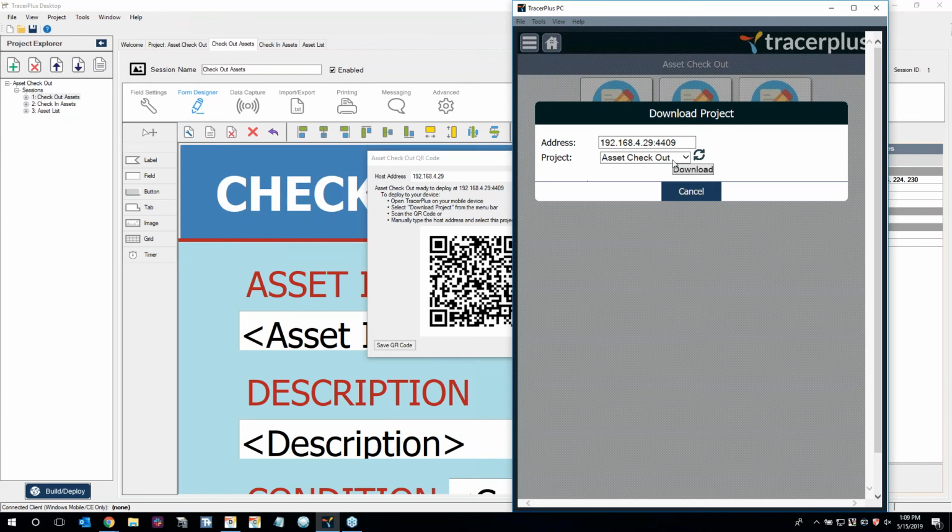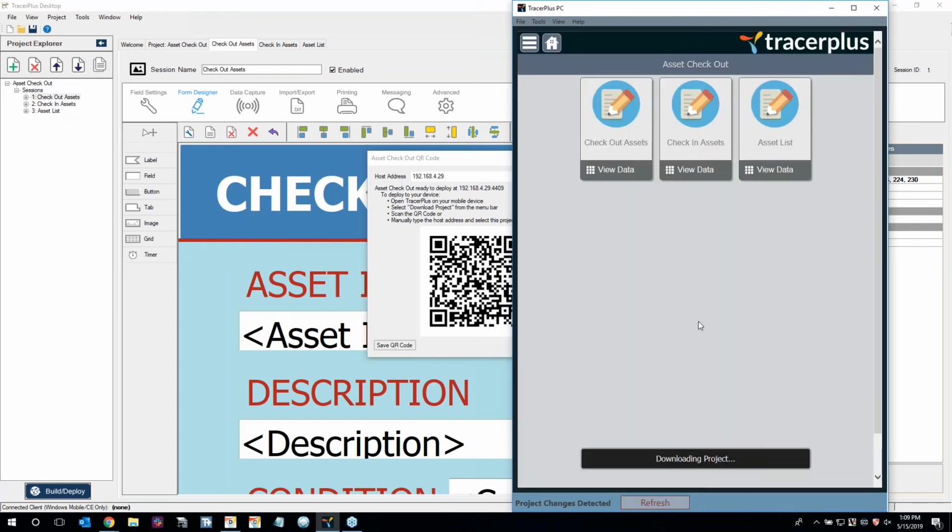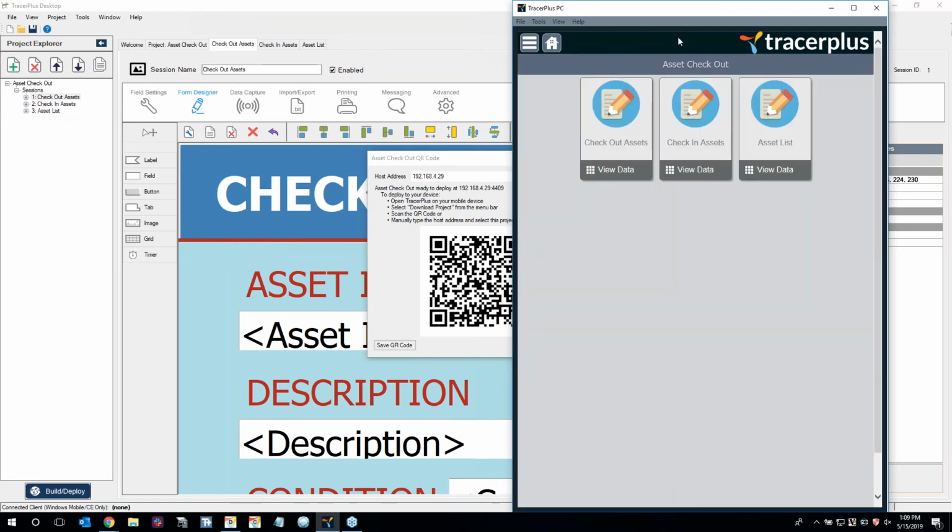So after I have that information in, all I'm going to want to do is refresh this project list just to make sure it's as up to date as it can be. I'll make sure we're selecting the right project. In this case, it is going to be our asset checkout, which is this one, and then I'll just download it. It'll take a brief moment to download the project, and then you'll notice down here, it'll say project changes detected. I can go ahead and hit refresh, and it'll reload PC with our